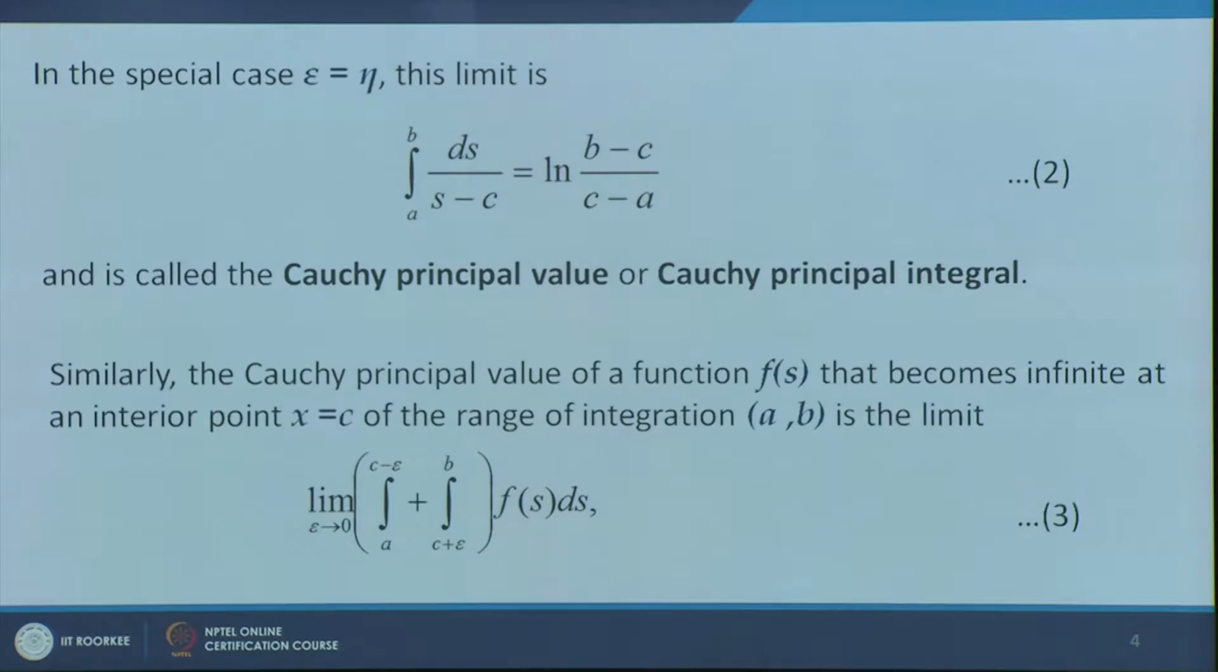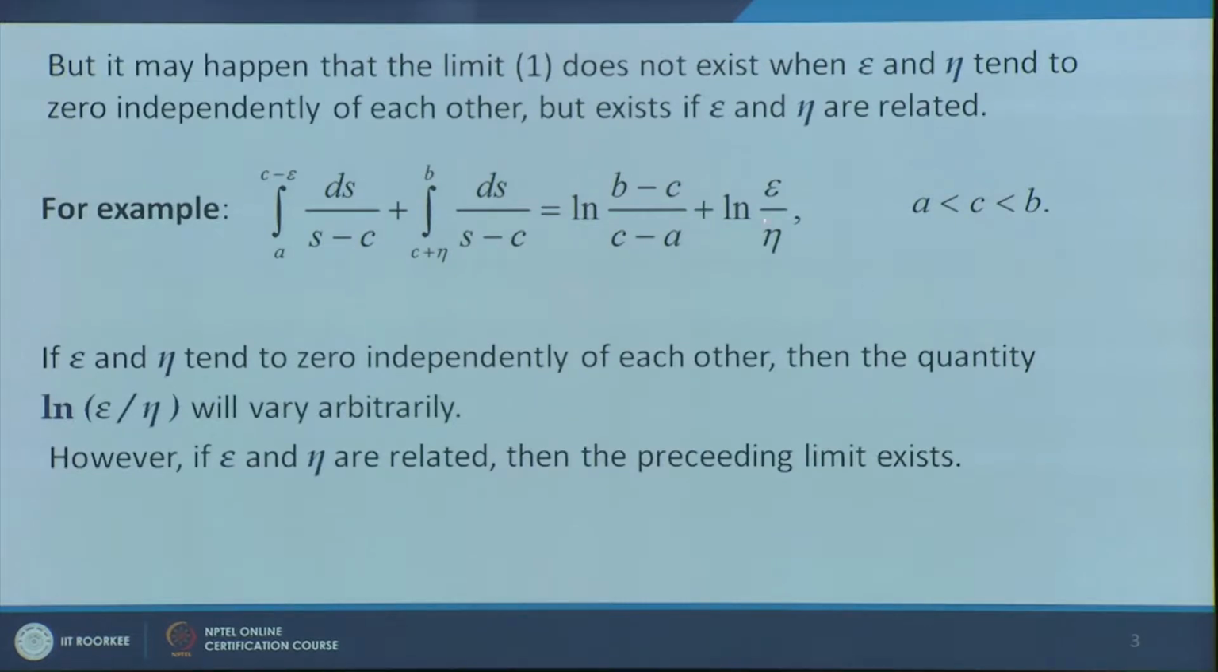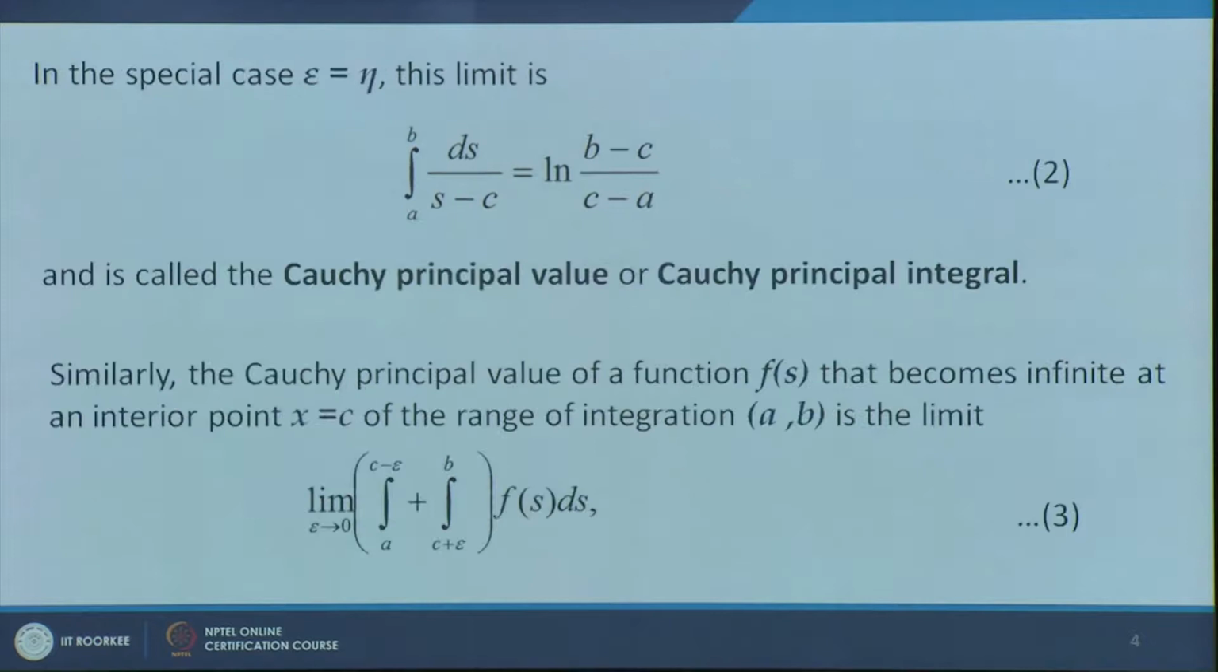For example, we consider the special case epsilon equal to eta. Then ln 1 is equal to 0. So the integral a to c minus epsilon ds over s minus c plus the integral c plus eta to b ds over s minus c will be ln (b minus c over c minus a) as epsilon goes to 0. So the integral a to b ds over s minus c will be ln (b minus c over c minus a). This value of the integral is called the Cauchy principal value, or a Cauchy principal integral. Similarly, the Cauchy principal value of a function f(s) which becomes infinite at an interior point x equal to